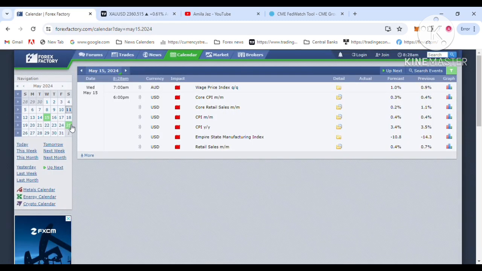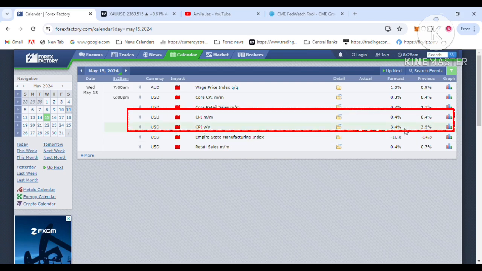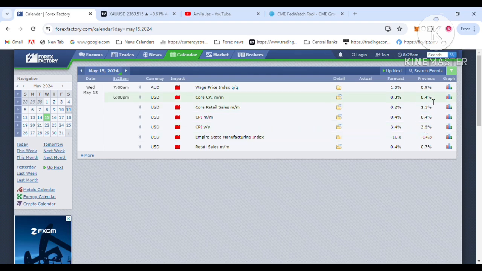What is the economic data next week? The most important economic event is the US CPI data report, the consumer price index data. The yearly report and monthly report are the inflation report. 3.5% is the current inflation rate, and the Fed, the American central bank, forecasts a drop to 3.4%. The Fed's inflation goal is 2%, which is still not reached. So a drop below 3.4 is the reason for a dollar sell off, and an interest rate cut is coming soon.